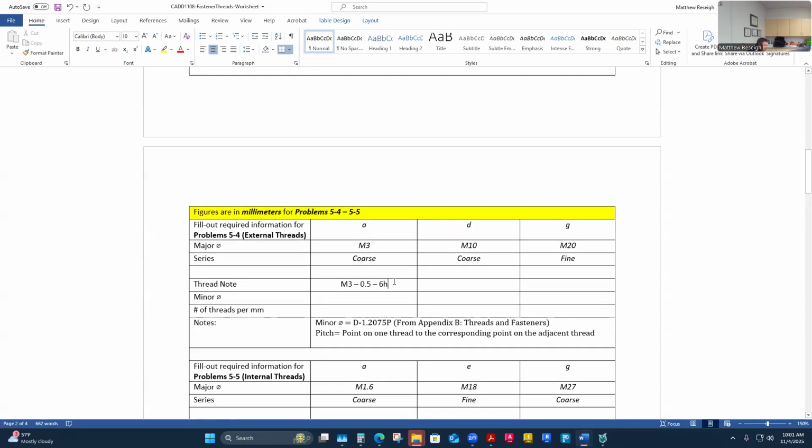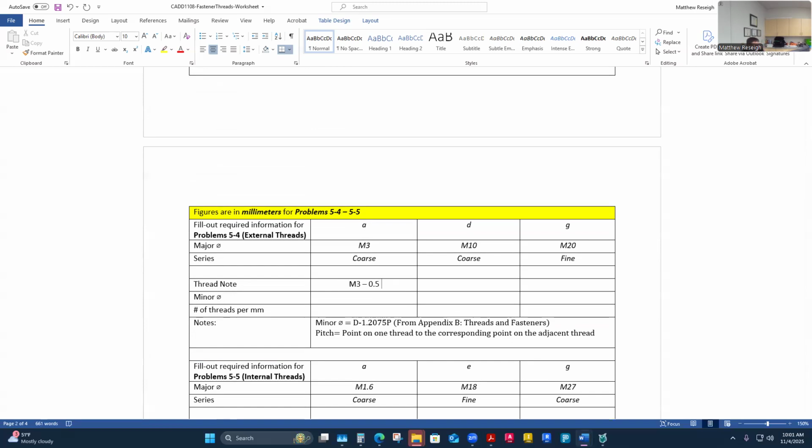Yeah, lowercase means, yep, external. Uppercase, if this was an uppercase like this, that would designate that it's an internal thread. So I feel like it's unfortunate we weren't evaluating that category here, because it's showing a shorthand notation, and you really can't identify, if this is all you're looking at and you're not looking at an actual